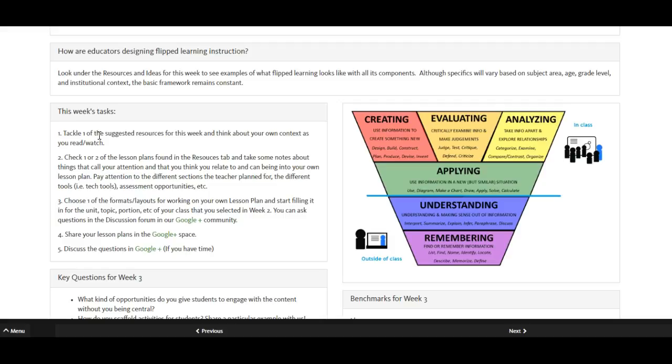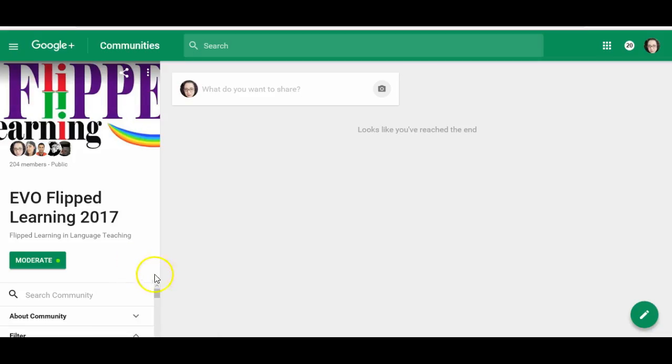So we have provided some examples for you and some layouts and formats, not because they are what you are supposed to do or because they are the best. It's just because they have worked for some educators like us. So I'm pretty sure you, with your teaching experience and with all your knowledge, can come up with even better lesson plan formats than we did. We just want to show you some samples if you don't know where to start. You're going to share your lesson plans in the Google Plus space. So I'm going to go to Google Plus real quick to show you where that is.